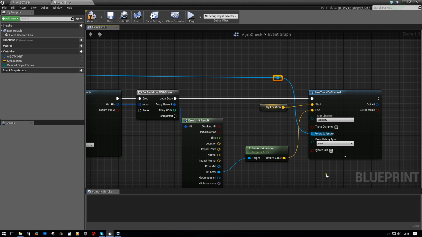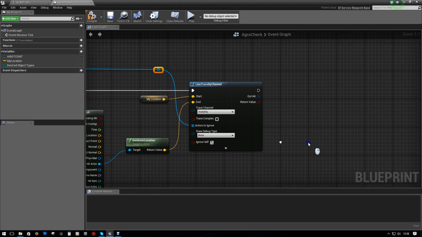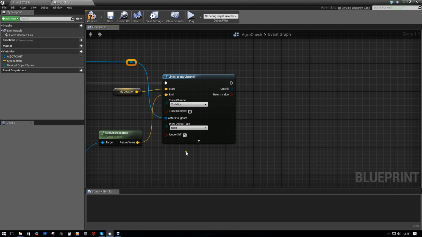There we go. That way, if it collides with another bot, who cares? It isn't going to do anything. But if it collides with the player, then it'll do all this. And you can see the draw debug type. If we wanted to see something, we could,